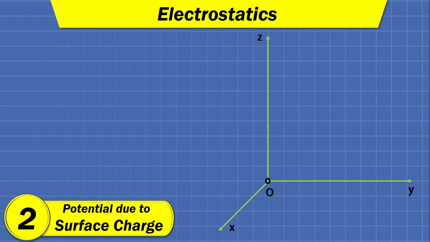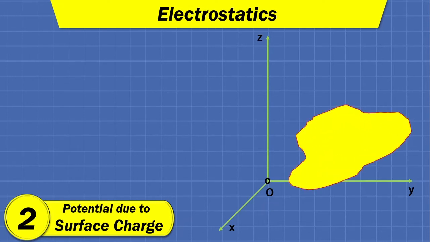So with the same logic that we have applied up till now, we have considered a very random surface charge. As you can see, it is tilted at a very random angle above the xy plane. Fine. And there is a point A at which we need to find the potential due to the charge. Now here the charge density for this charge is rho s, that is surface charge density, coulomb per meter square.